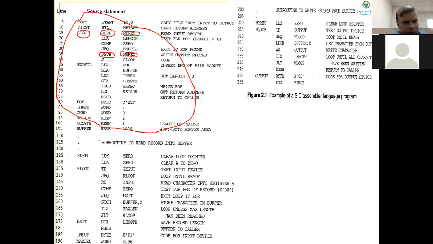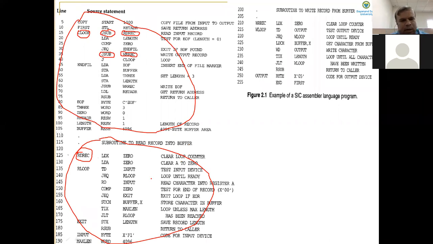And here is the code for the subroutine RDREC. RDREC starts from line 125 and ends at line 190. What is the function of this subroutine RDREC?